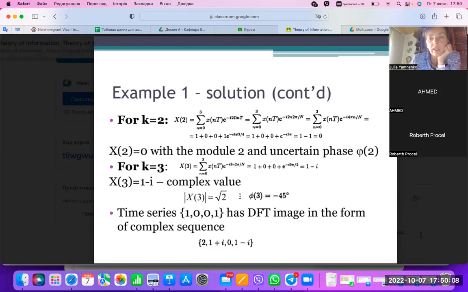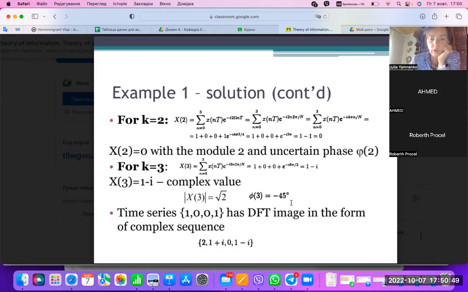But the modulus is still equal to the square root of 2, because under the square root, in order to calculate the modulus, we should put the real part squared plus the imaginary part squared. So when we put minus 1 squared, we will obtain 1. That's why the modulus is equal to the square root of 2. And the phase shift can also be calculated because it's the arctangent of the imaginary part over the real part. So minus 1 divided by 1, it means that the arctangent of minus 1 is equal to minus 45 degrees or